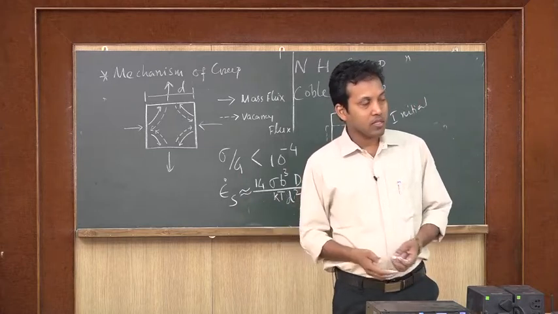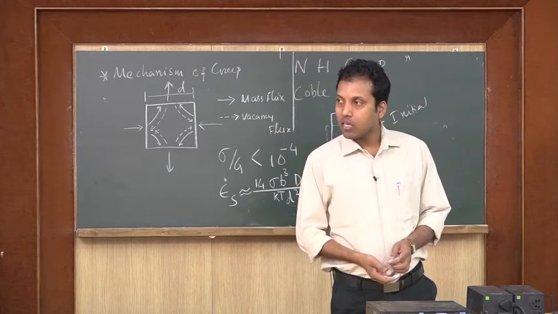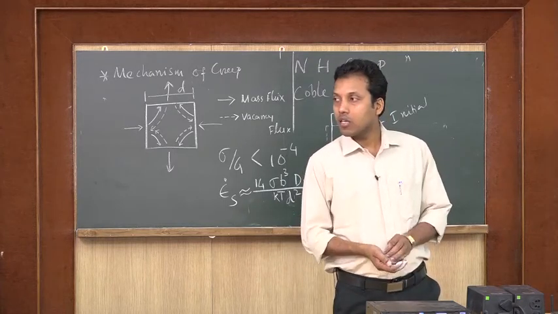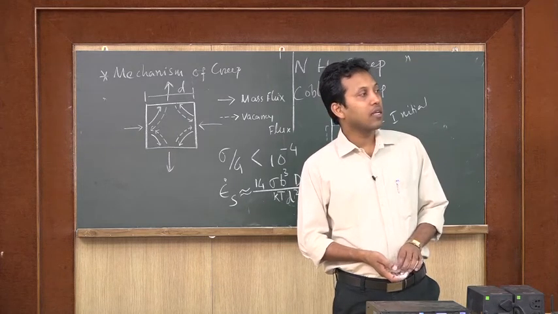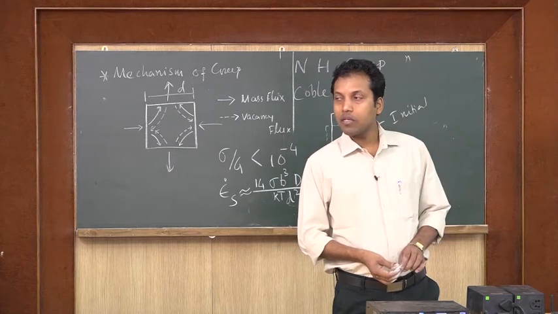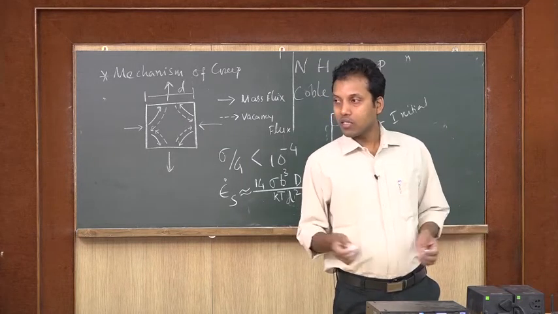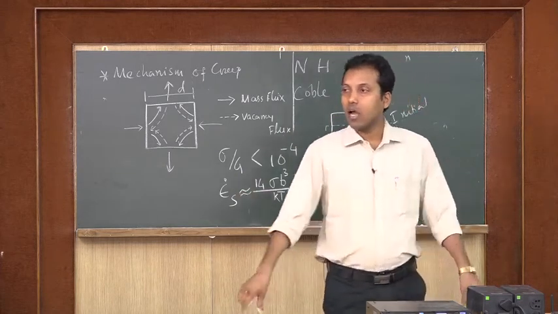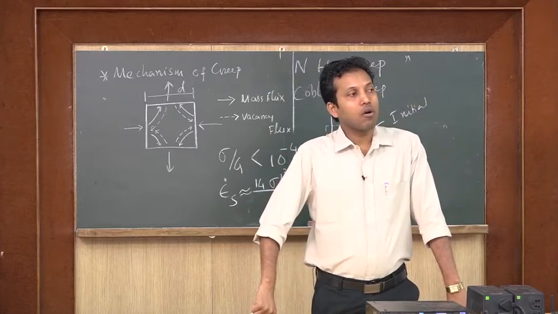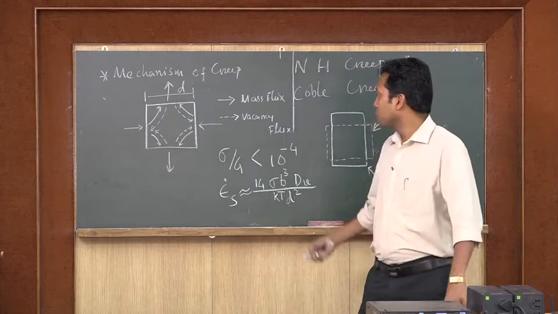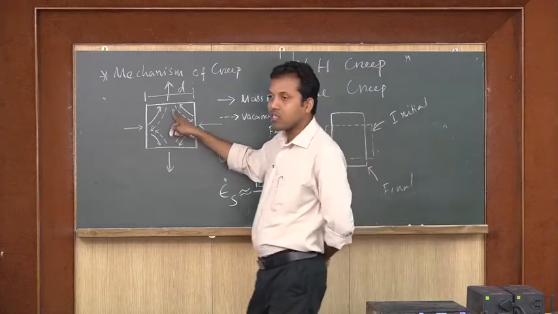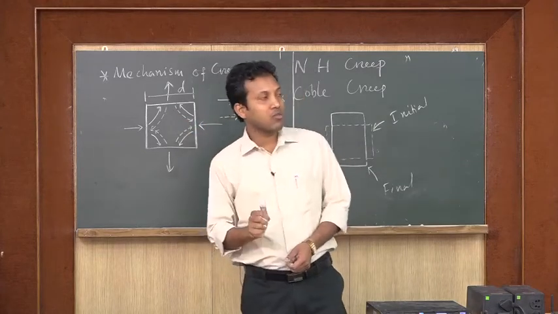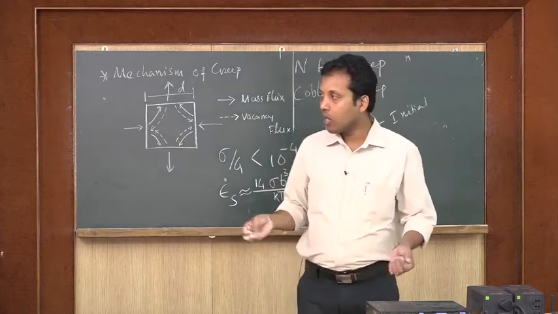That means during creep deformation, we know earlier we have seen that reducing grain size is better for a material's strength and other properties. That means if I can reduce the grain size, strength enhances, and sometimes ductility also enhances. We have the Hall-Petch equation, which we have seen earlier, but for creep very small grain size is not beneficial, because small grain size means that the diffusion distance will be reduced. If you have a small grain size, the diffusion distance will be reduced. I think you can understand.